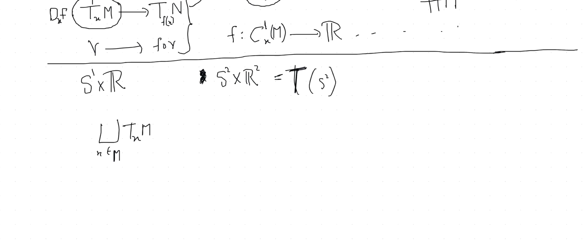Yes, you can say, but I don't know, you can still get a map from here to this. That you can do, right? Because if you have a map from each T_xM, yes, because there's nothing interesting to say in some way. Yes, yes, yes, I agree.